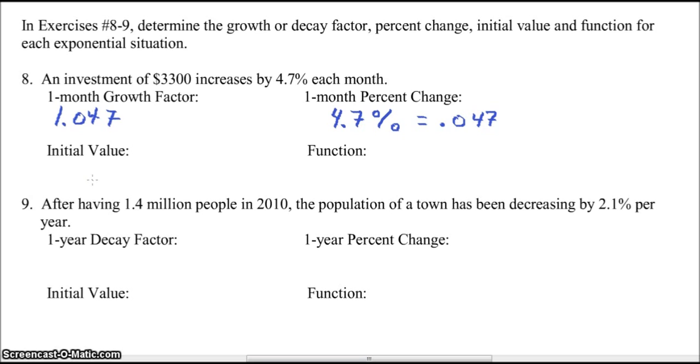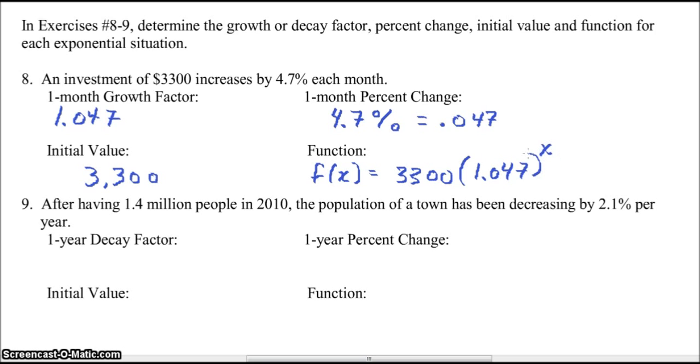Let's take a look at the initial value. Not sure about the initial value. Let's see. Oh, an investment of $3,300. So there's our initial value. So our function f of x equals $3,300 times 1.047